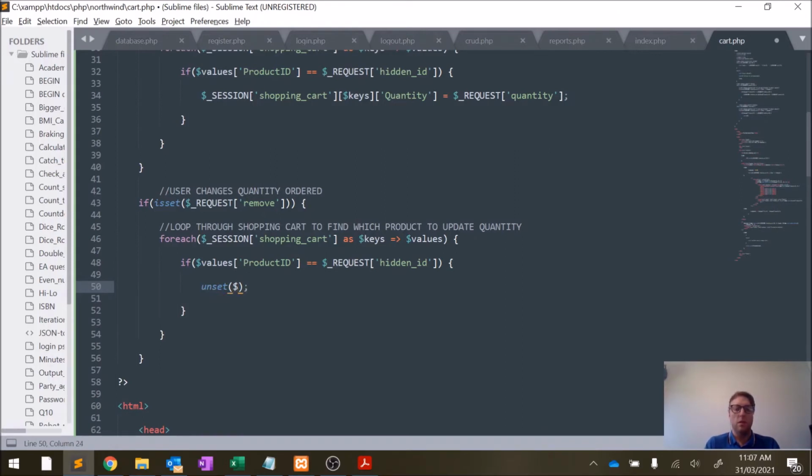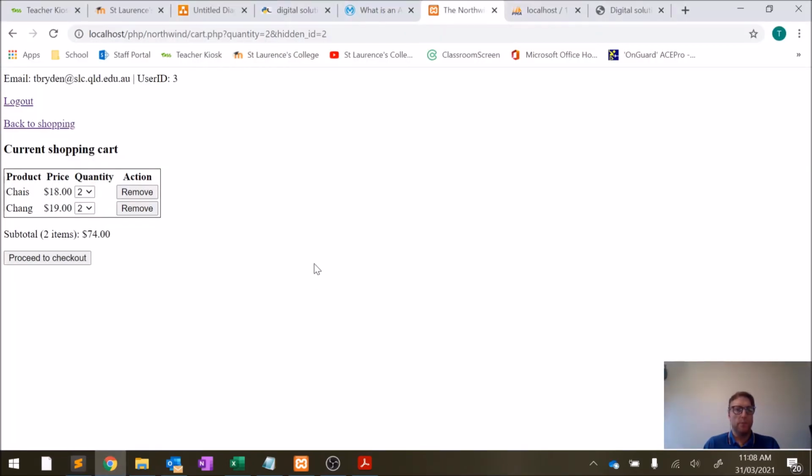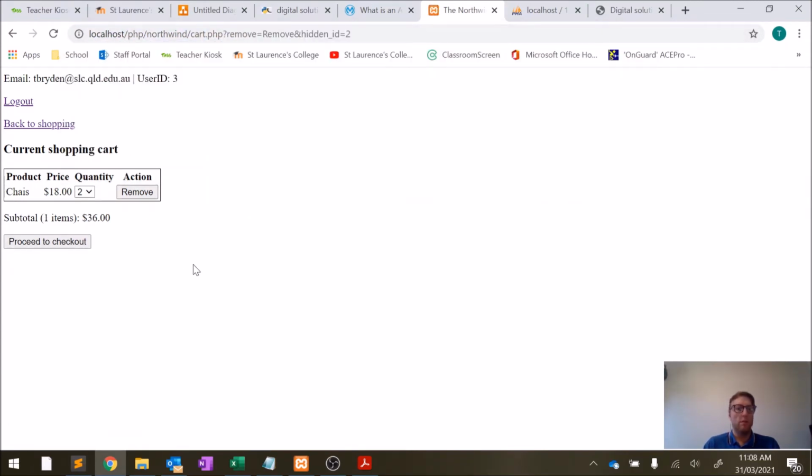In this case, it'll be $_SESSION, not the whole shopping cart, just the one we want, so it'll be everything for that key. It should, in a perfect world, delete it. Let's test it. Might need to refresh this page. Let's go remove, and it removes it and updates the price, and that quantity stays there, and that looks like it's working,